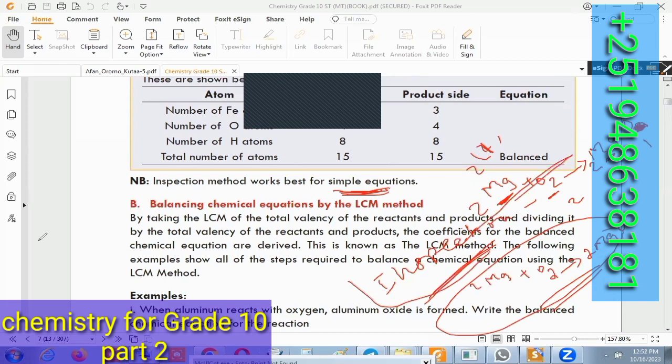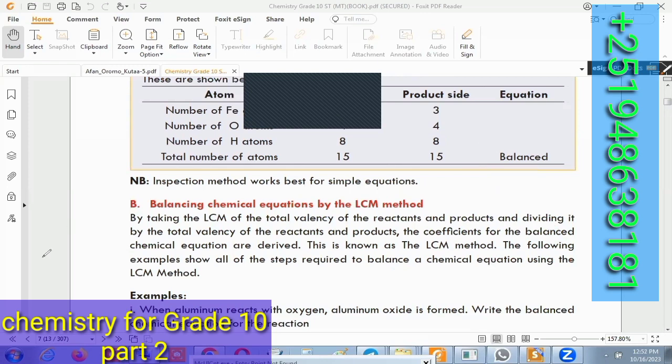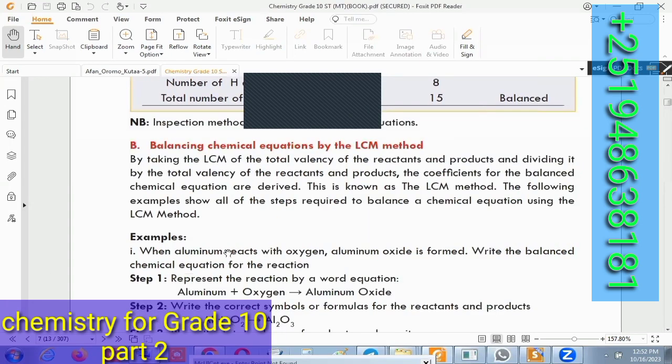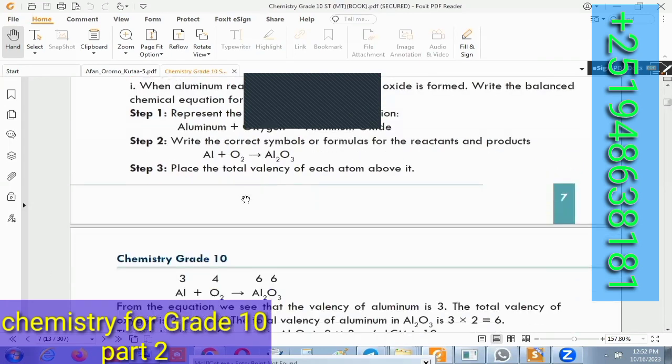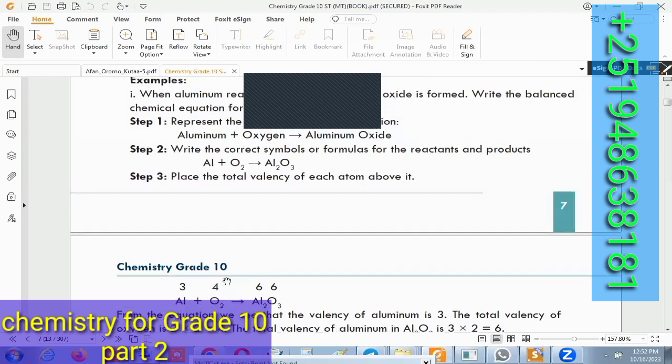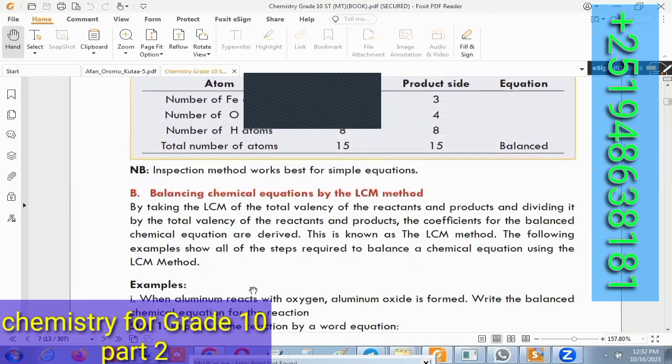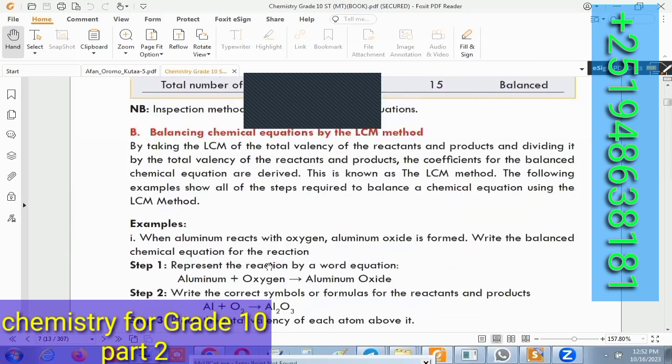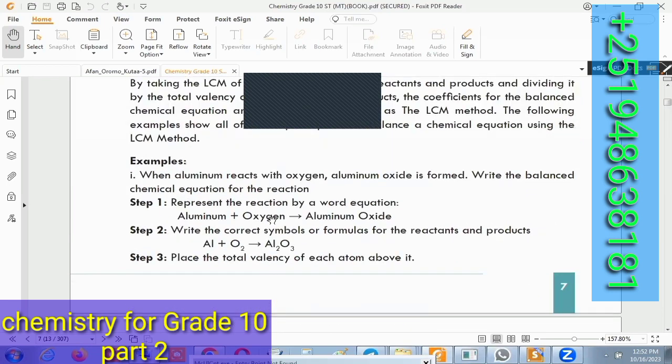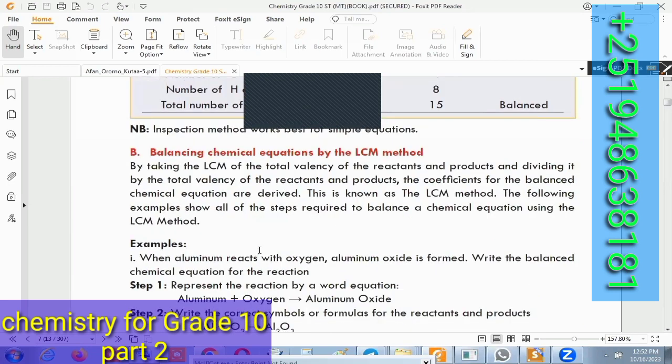So this is all about inspection method. The other methods of balancing chemical equation is to see... The other method is balancing the given chemical equations by using